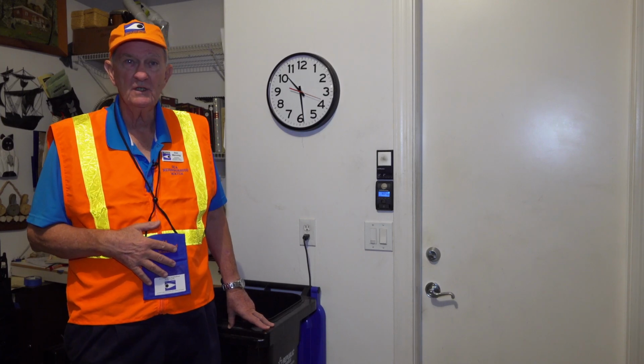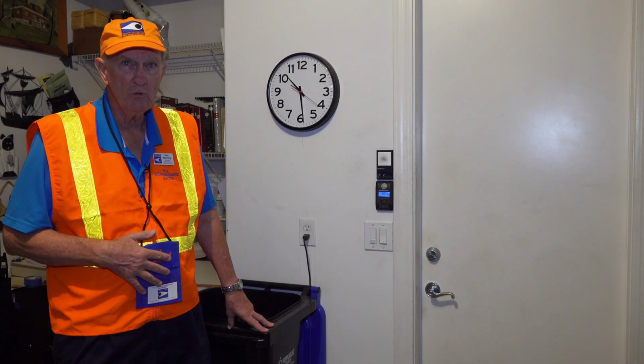Let's not forget about the garage as a point of security. We have had a number of cases where items have been stolen from garages. Now, that was because the garage doors were left open. So a most basic thing is keep your garage door closed. But when you're away,